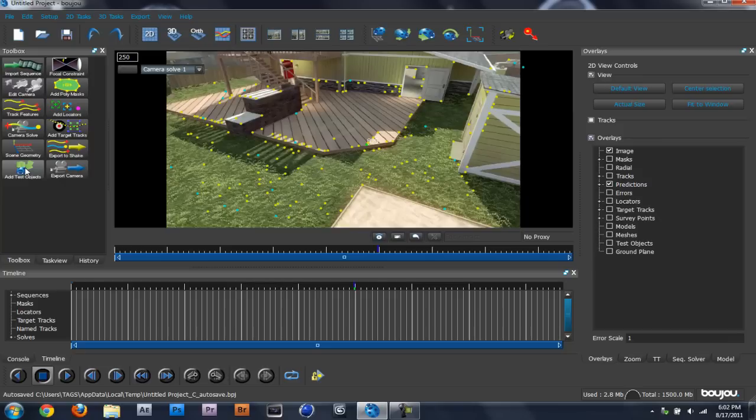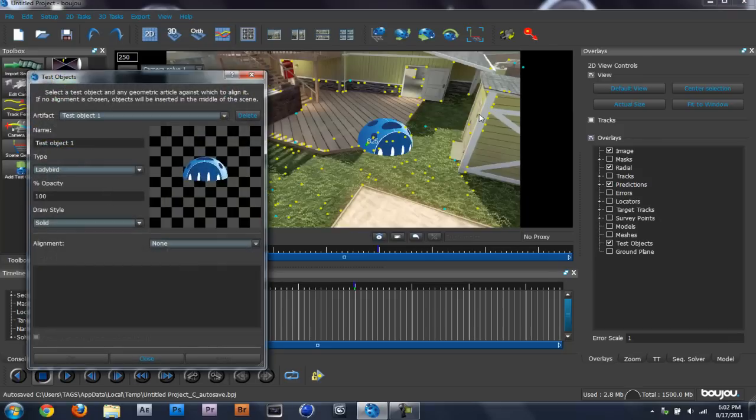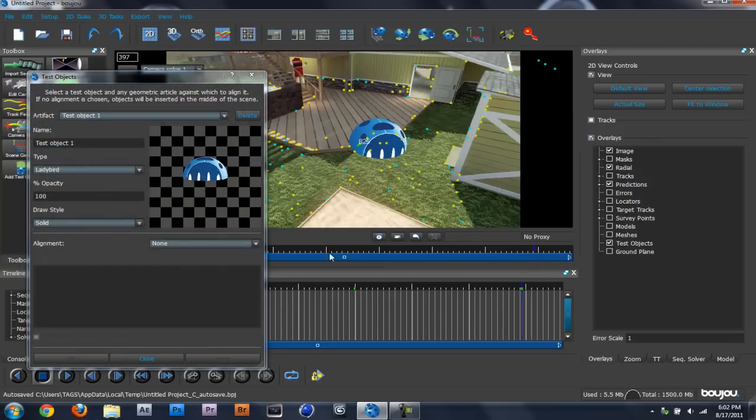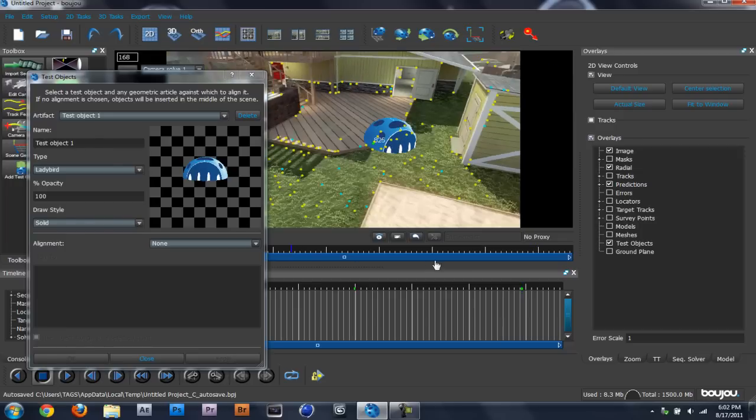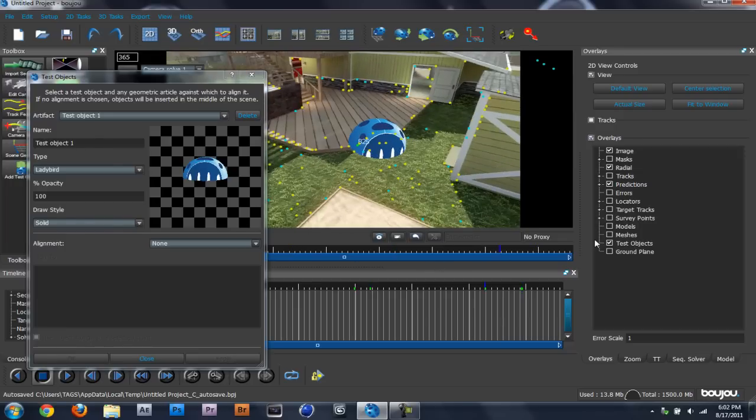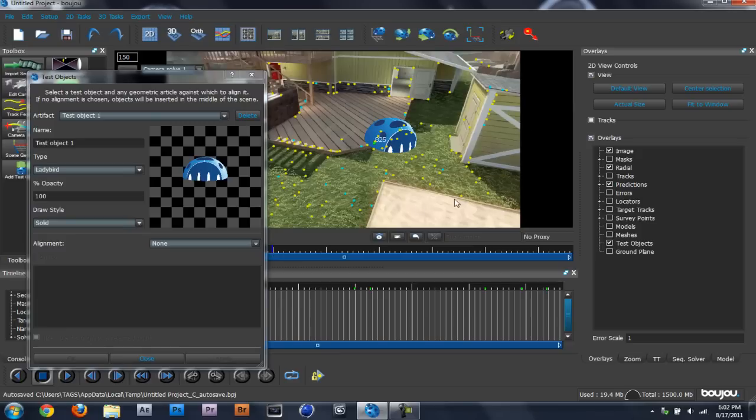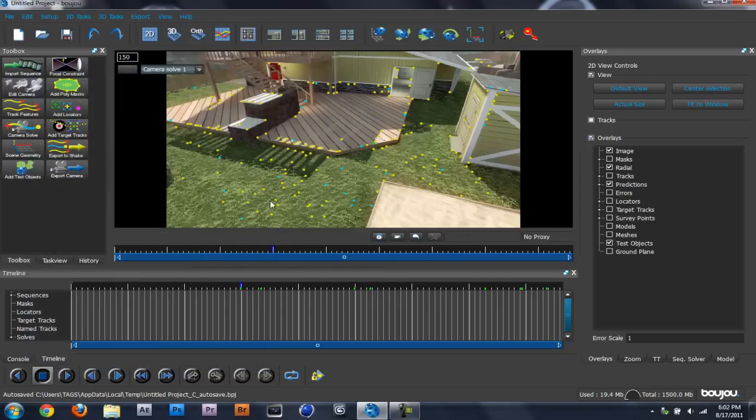Once closed, you could test your object, and you'll notice that if I go anywhere, the object doesn't move. The only thing that moves is the actual scenery, the cinematic. So that's how you know that you did it correctly. You could go ahead and X that out,